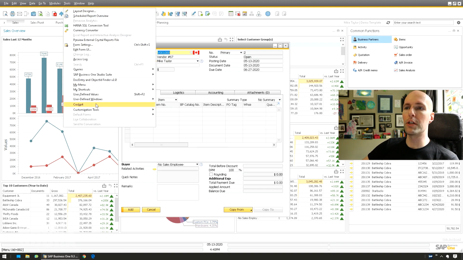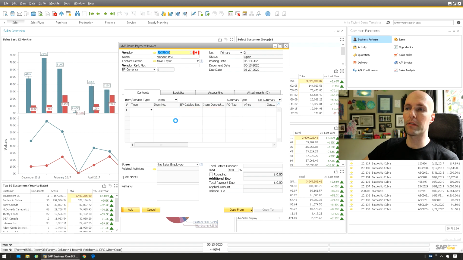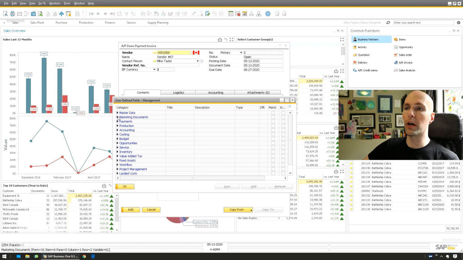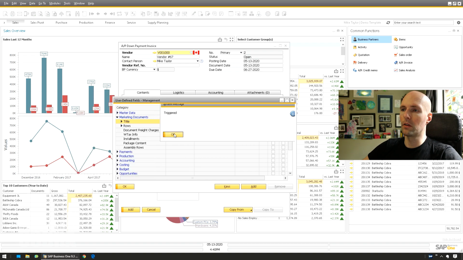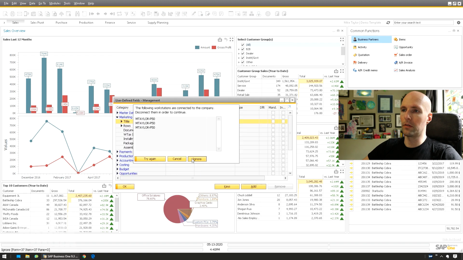So the first thing that you want to do is you want to add a UDF. And what I like to do is on the marketing document, I'm going to add a UDF called data load. And I'm going to make it 15 characters for the 15 characters of the business partner code. Because ultimately we're going to store the code there. And I'll show you why. So we'll just do data load. You can call this anything you want, just make it alphanumeric 15 and add it to your marketing documents. You have to add all that stuff.